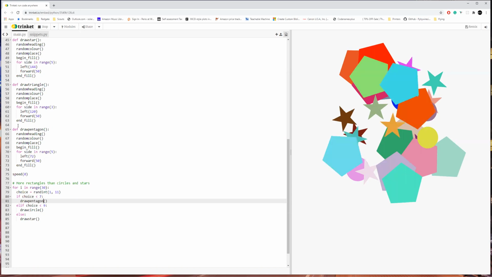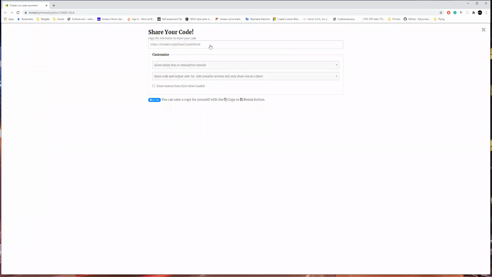What about many-sided shapes, though? Triangle and pentagon are very similar, and the whole point of functions was to avoid copying all the code again, which I had to do to make those two. So I can give you this point, and what we're going to do